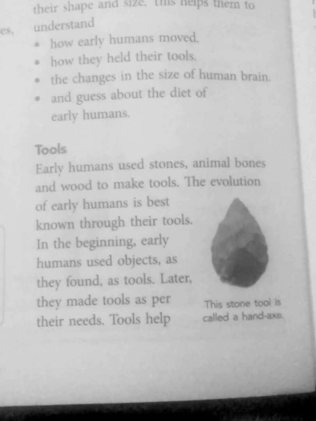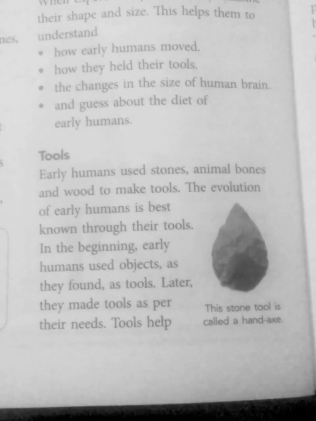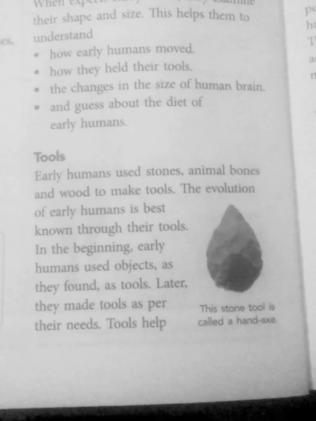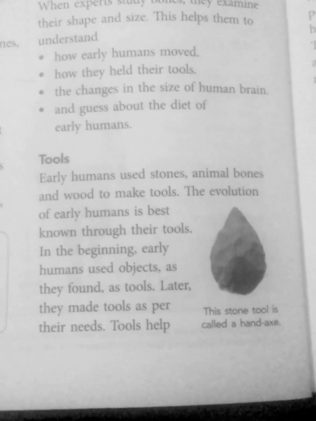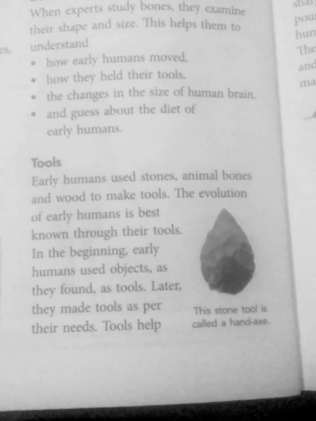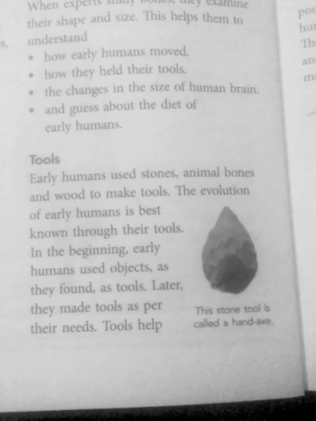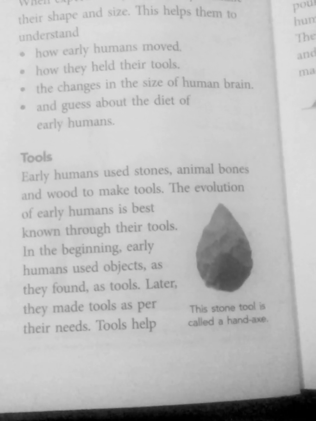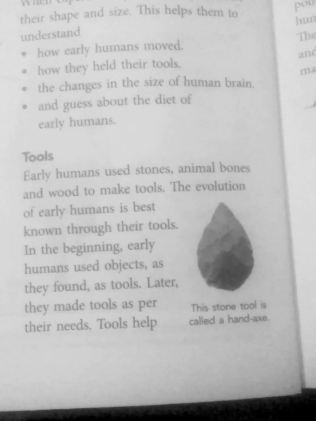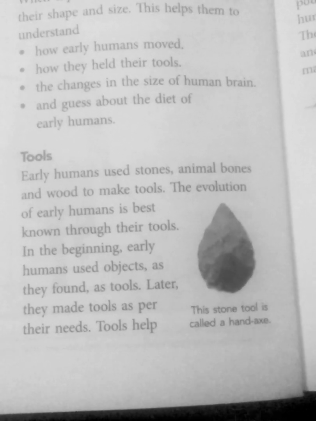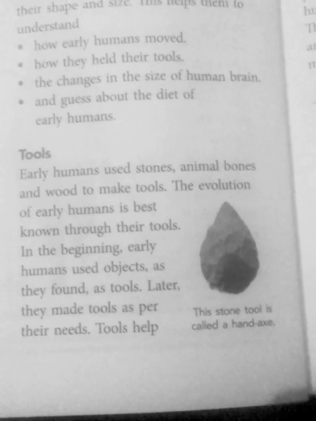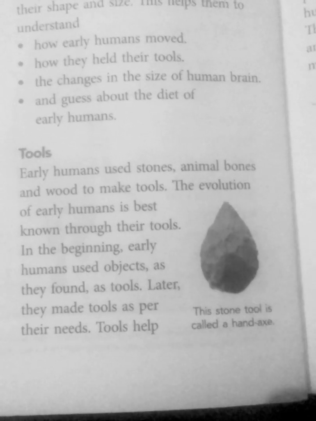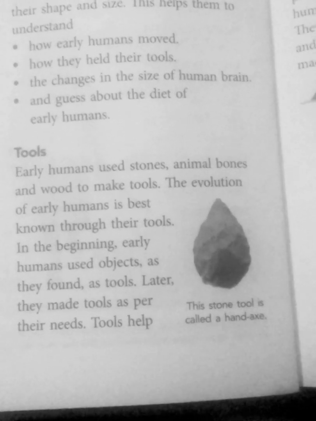In the last two videos, we discussed the stages of early human evolution, and in the next video, we will discuss the sources that help us understand the life of early humans. We will discuss literary sources and archaeological sources. In archaeological sources, we have discussed the first one, fossils, and the second one, bones. Now in this video we will read the next